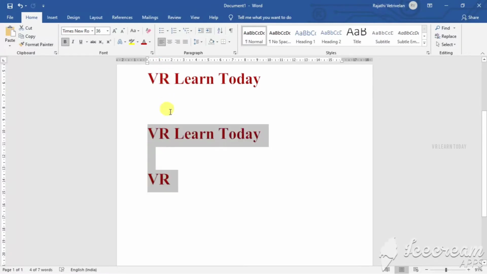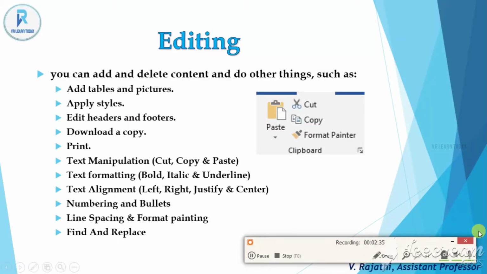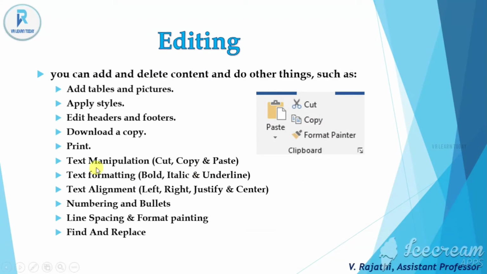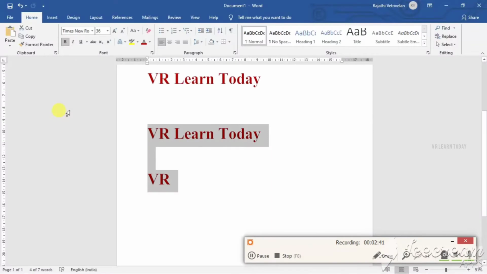The changes will be applied here. This is the use of the format painter. Okay, so text manipulation is over.